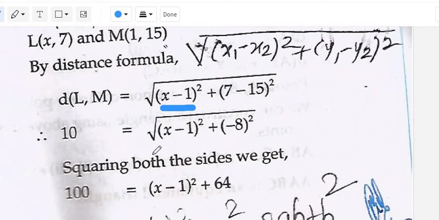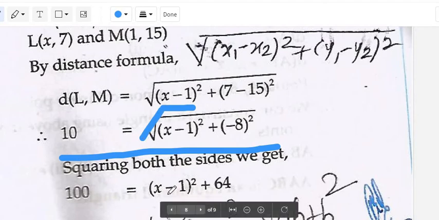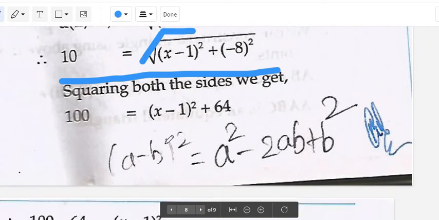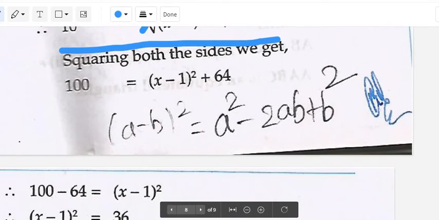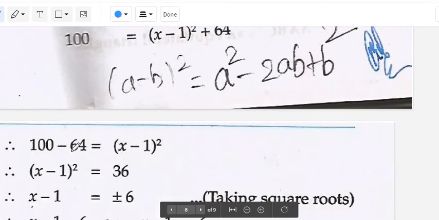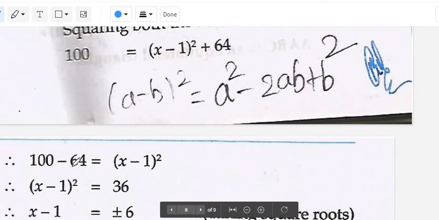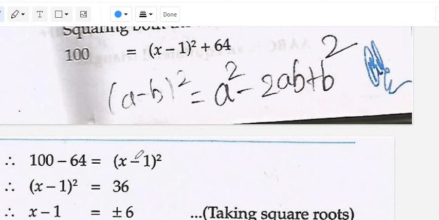Now first we have to square on both the sides. Squaring both the sides we get 10 squared is 100 and the square root sign gets cancelled, that is (x minus 1)² plus 8 squared is 64. Use the formula (a minus b)² equals a² minus 2ab plus b², and we get 100 as it is. This plus 64 changes to minus 64 on the other side. Or a very easy method, 100 minus 64 is